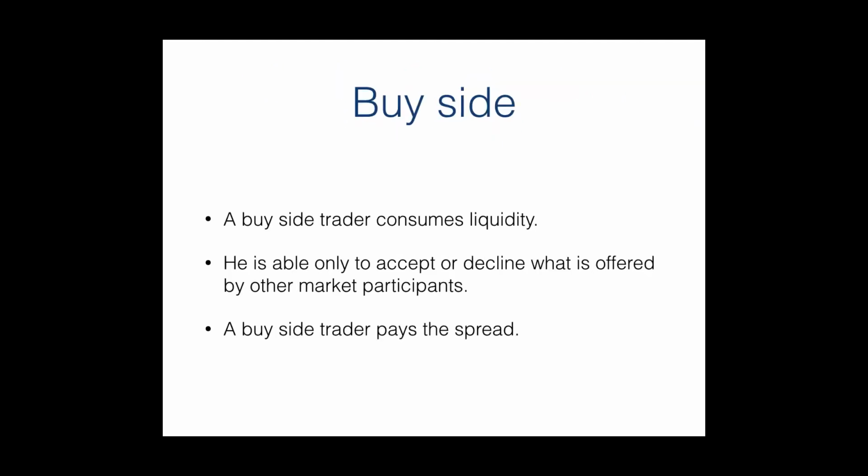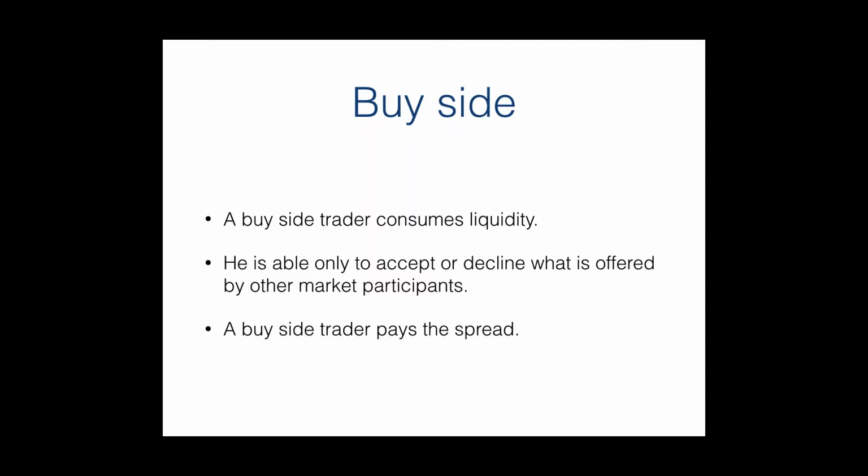Let's quickly revisit the definitions of buy-side and sell-side in systematic trading. A buy-side trader is the one who consumes the liquidity. As a result, he can only agree to prices offered by the sell side. One of the important mistakes here is confusing posting your own bids and asks with limit orders. In case we work in an exchange-based market, a limit order from an individual trader is always sent to the end of the queue of orders, and no other buy-side trader is able to prefer this order to any other.